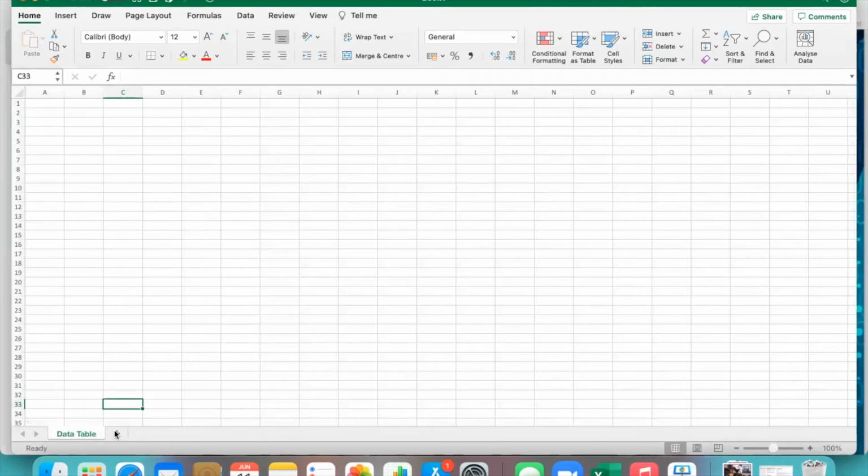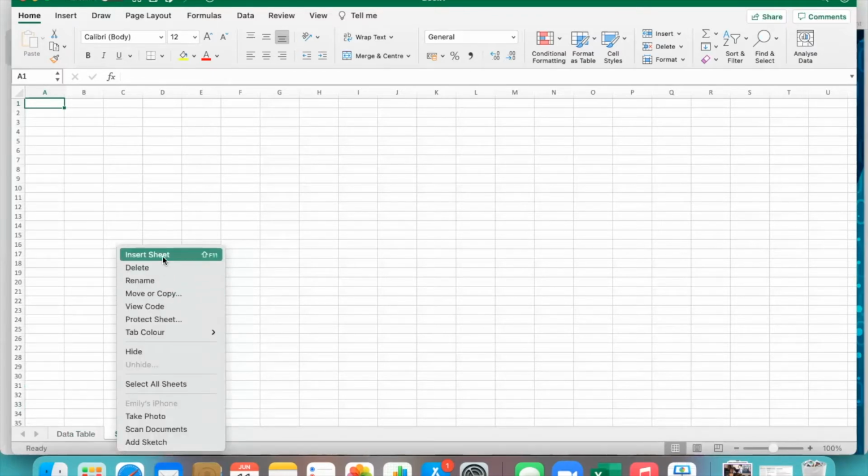So also within Excel, you've got this plus here. That's going to give you a new worksheet. If you click on the plus, you'll just get another brand new sheet that opens. Again, if you right click, you can go to insert sheet from the menu as well. You can also delete them. Obviously rename we just covered. Move or copy,